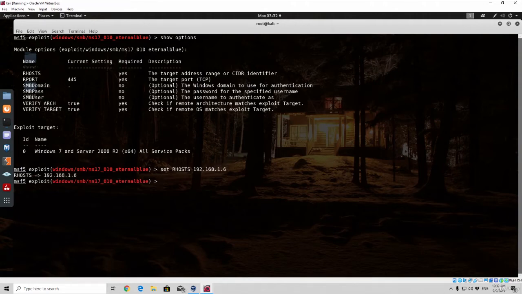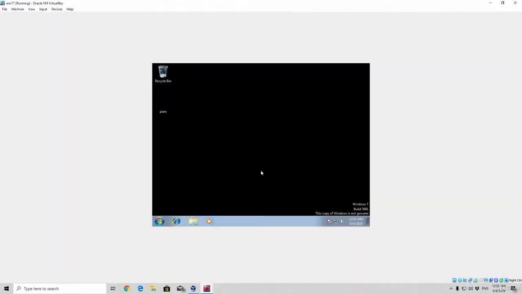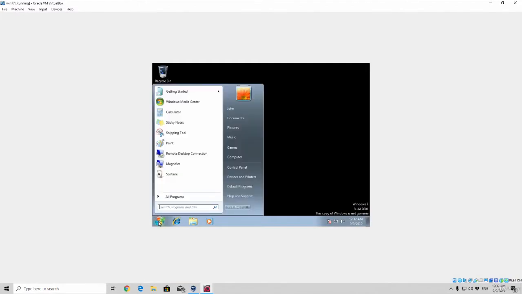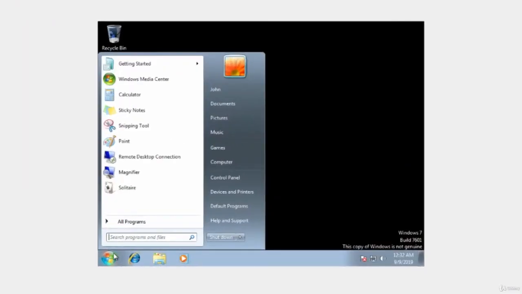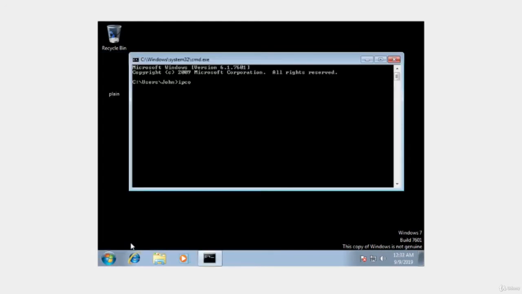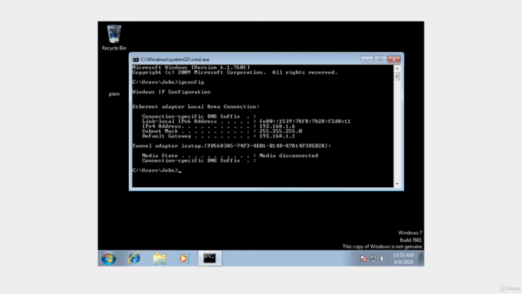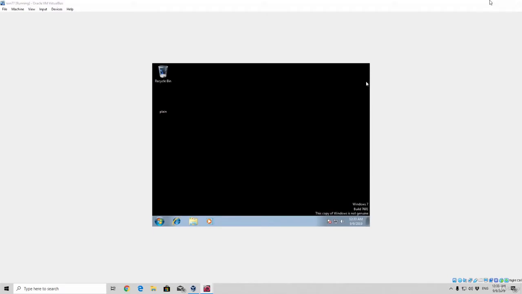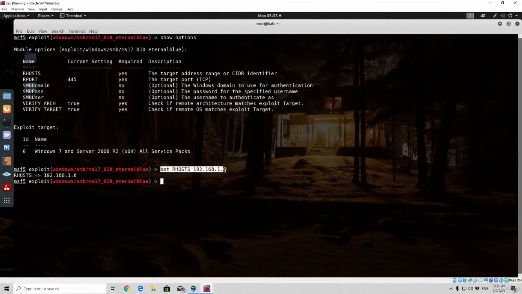192.168.1.6 in my case. In your case, simply check the IP address on your Windows 7 machine by going to the start menu, then in the search bar typing cmd, pressing enter and typing ipconfig in the command prompt, and you will see your IP address right here. Okay, once you find it out, specify it right here with this command,